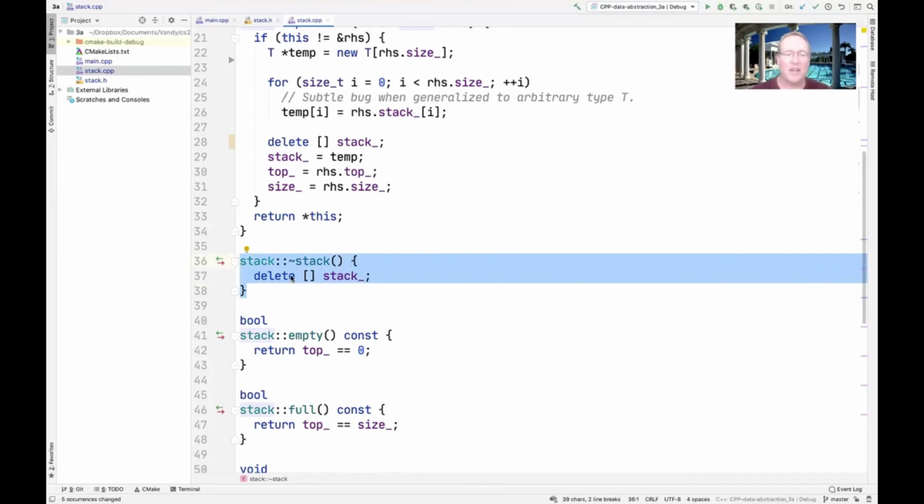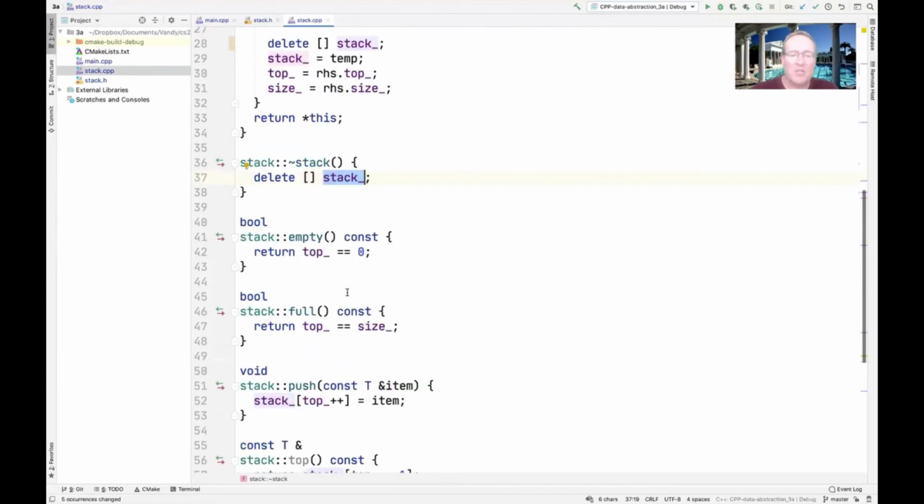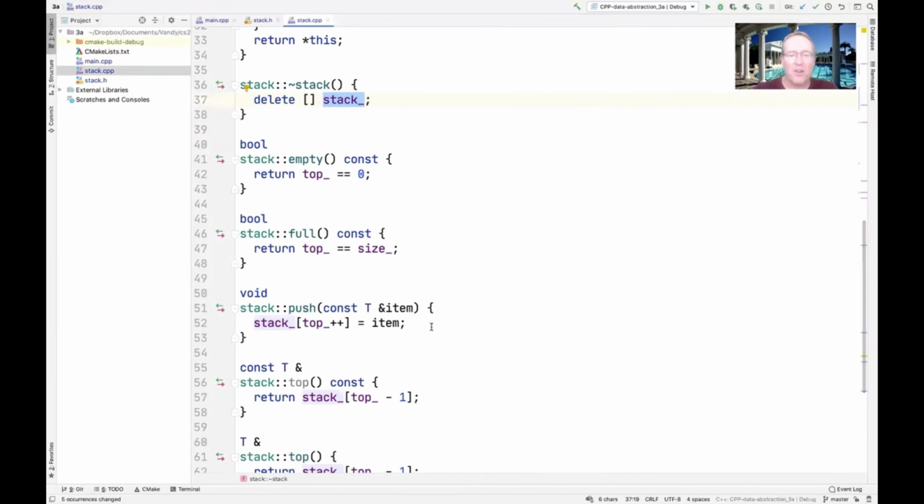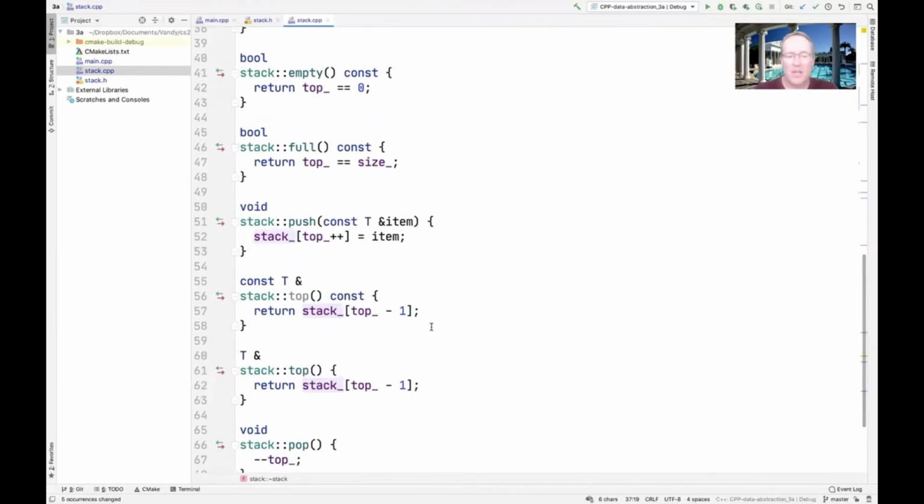And you can see what it does is it goes ahead and it deletes the stack, and it deletes it as an array. By the way, at this point, you should have a lot of ammunition necessary to implement assignment number one because it relies on these capabilities. So we delete the stack, and then we just have a bunch of methods, empty and full, and push, top,